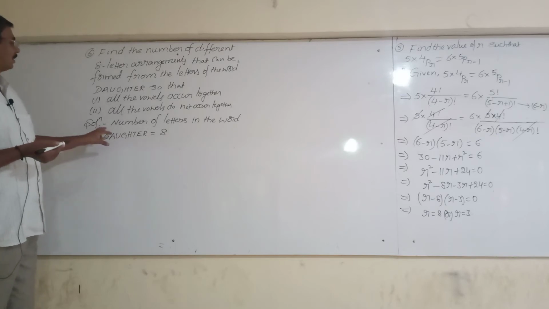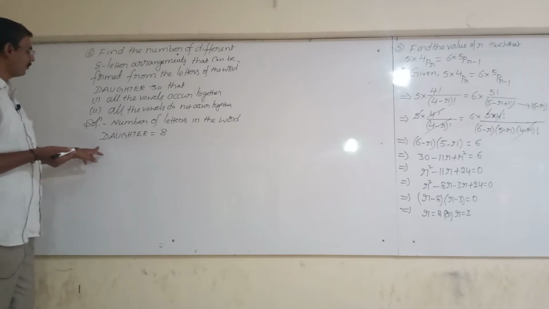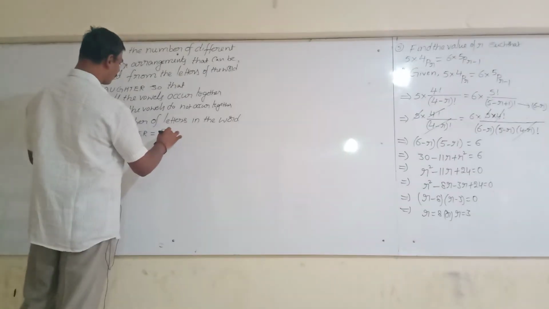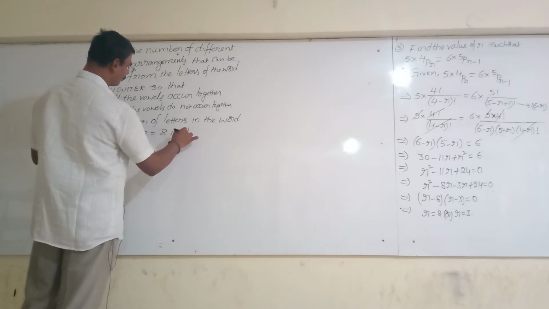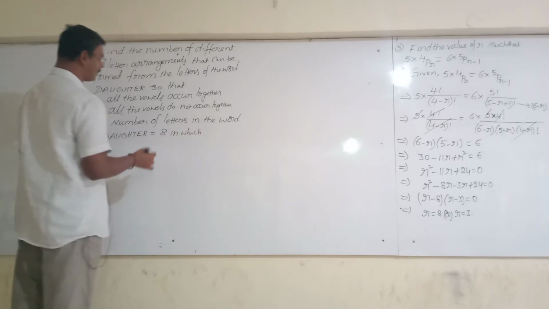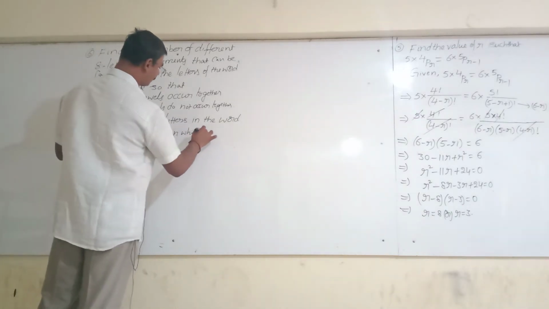Okay. So here, how many ways could I write all these letters taking at a time? In which one are the vowels? In which vowels? Vowels are, how many are there? Find out. Vowels and consonants.